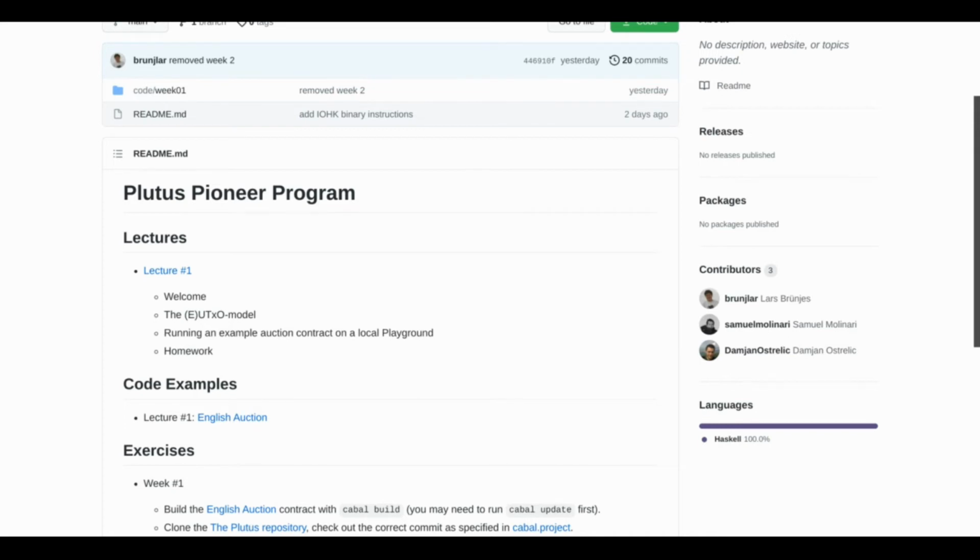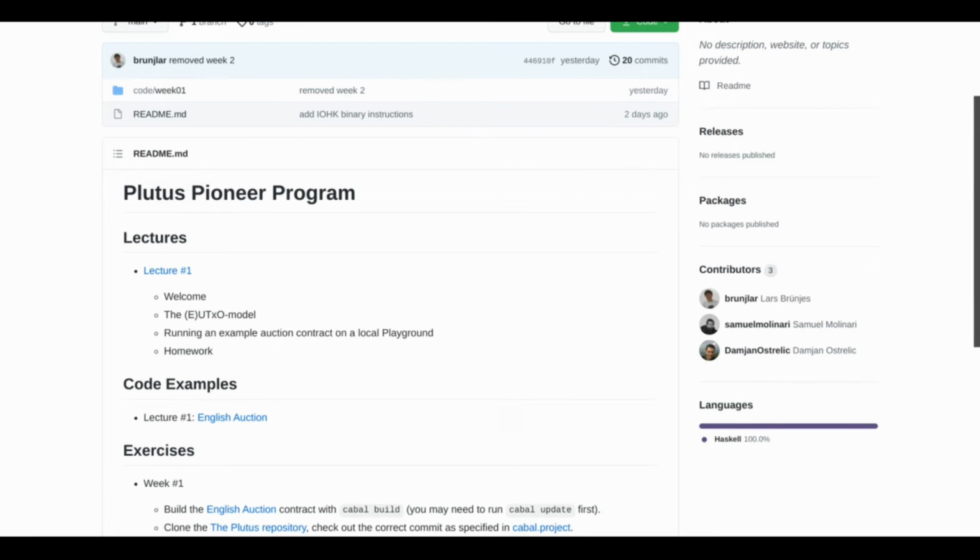All the material was very digestible today. Obviously he hasn't gotten into Haskell at all, so there's no knowledge of Haskell even necessary yet, but it sounds like this is going to be a pretty hard course. Charles said as much before the course started, and Lars definitely said it was going to be difficult in the lecture today. So I have a feeling it's going to be one of those things where he'll cover things, and then if you did not absorb them, you're going to feel pretty lost.